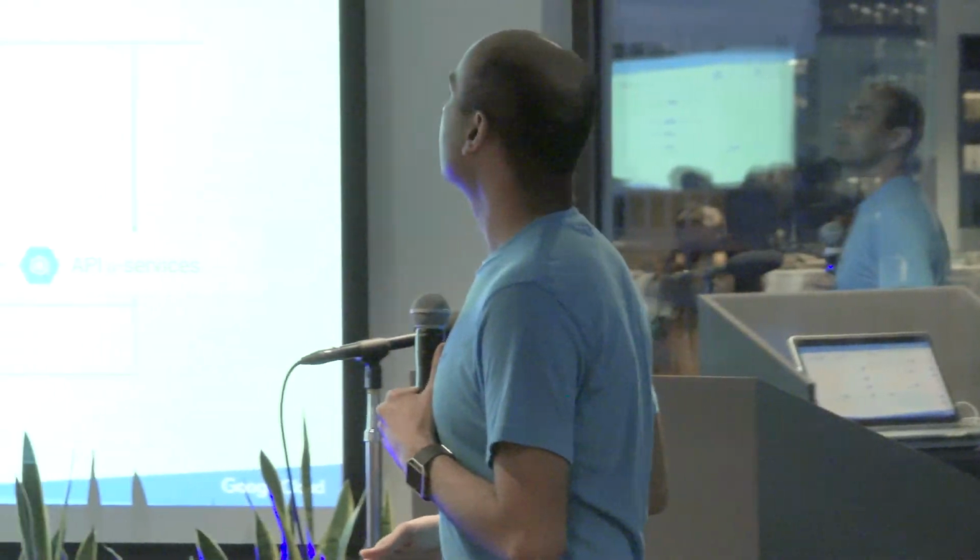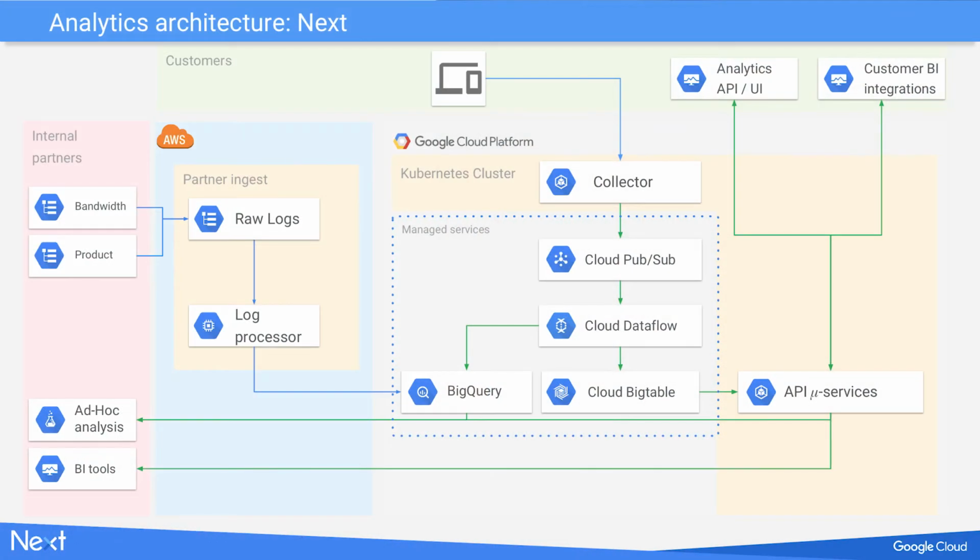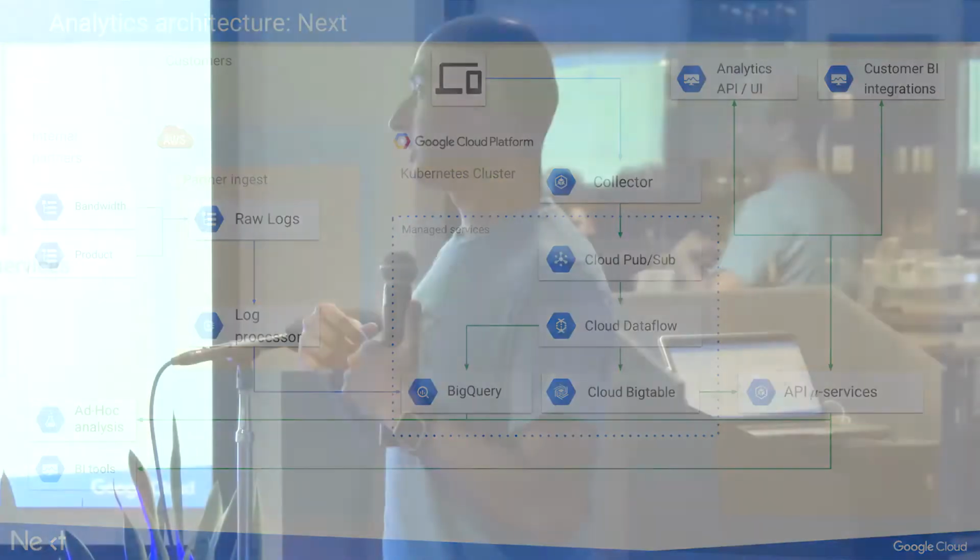So given all that talk, this is what we ended up with. Everything in that dotted box is a managed service, which means all that work, which would have been something like 1.5 years of just getting ready with operational stuff and learning things, can go towards actual feature development, towards stuff that we haven't done.